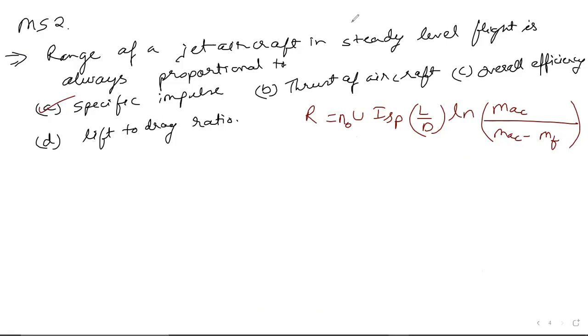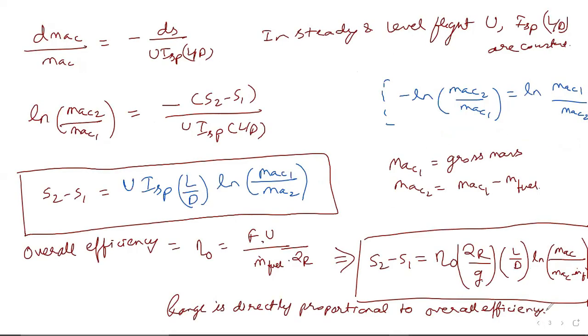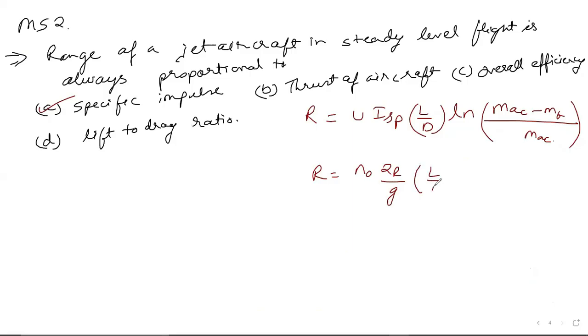One formula is this, and another formula is range equal to eta naught QR by g, L by D, ln of mac by (mac minus mf). Oh, sorry, one problem was there: in the first formula it was mac1 by mac2, so mac1 basically here. This was the point. So if you see,